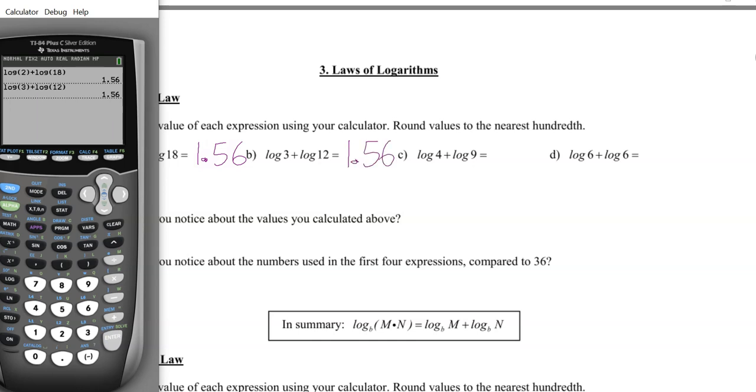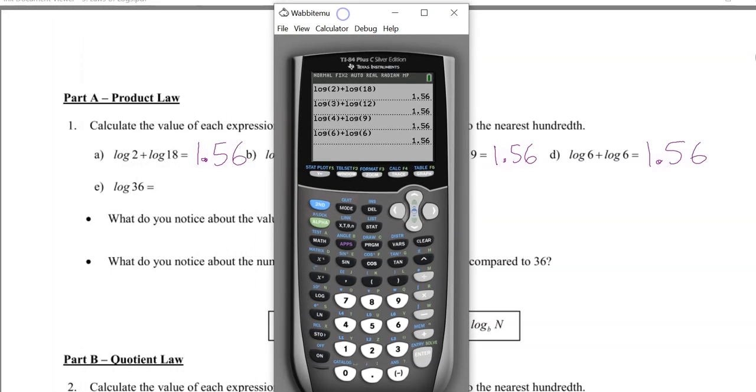And then I want 4 and 9, so log 4 plus log 9, and make sure you're closing the parentheses, right? And then lastly,